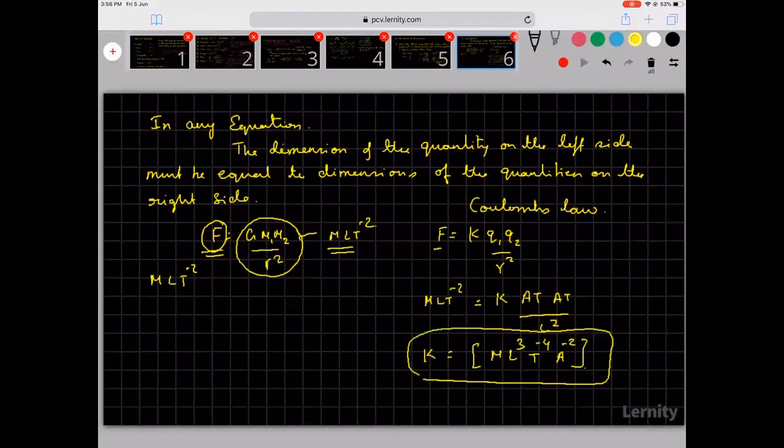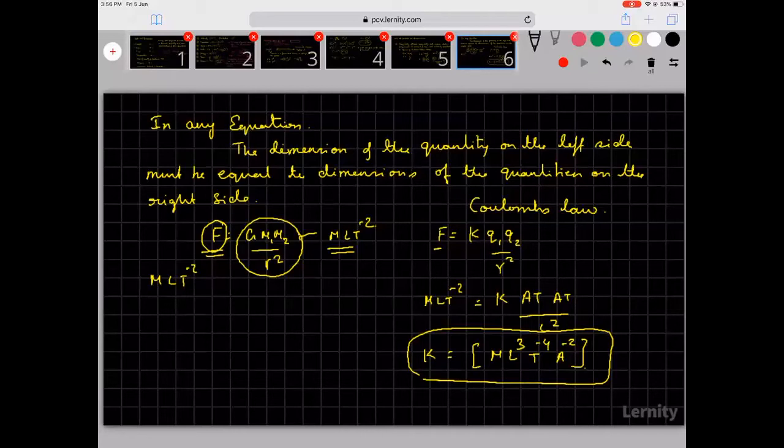These kinds of questions you will be asked in your exam. You will have to learn to find these out. You will obviously not be given them tomorrow to find out all of these. By the time you complete your course, that is 12th standard, you should be able to find the dimensions of anything that we learn. As we keep going, we will learn more and more, and we will understand this.